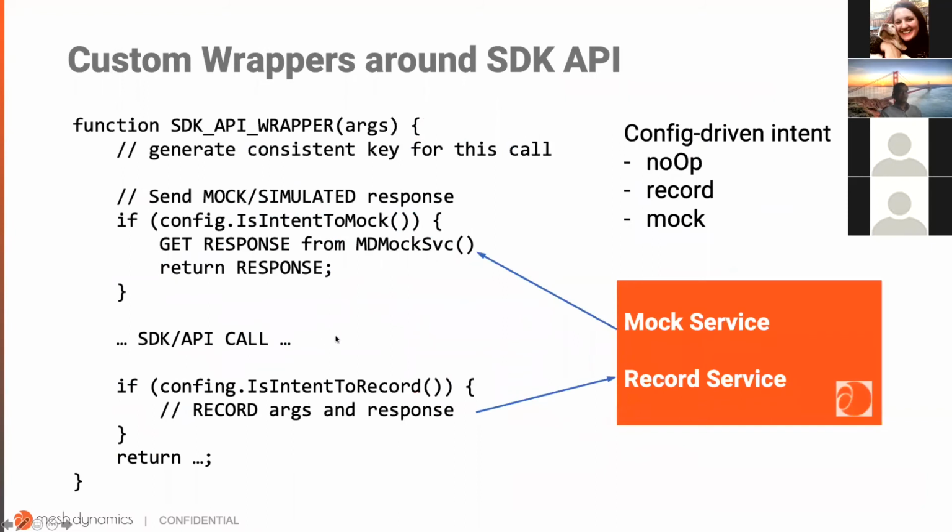It takes a little bit of instrumentation in the code. So if you take any particular SDK API call, we create this wrapper. The wrapper first generates a consistent key for the specific call, based on the arguments and so on, and the local thread context. Then there's an intent: is the intent to record, or is the intent to just pass through, or is the intent to mock, right? If the intent is to mock this particular call,